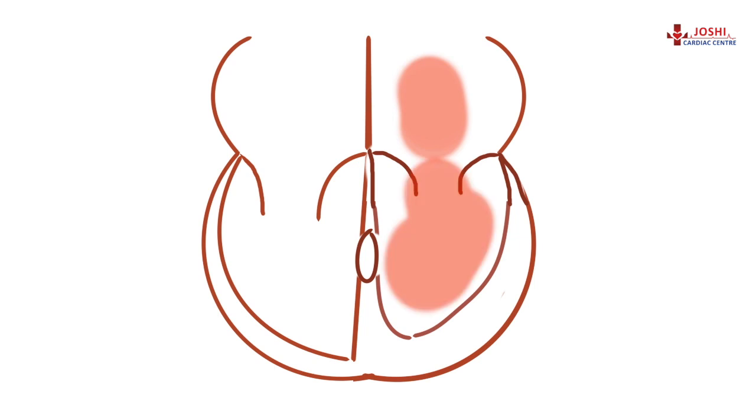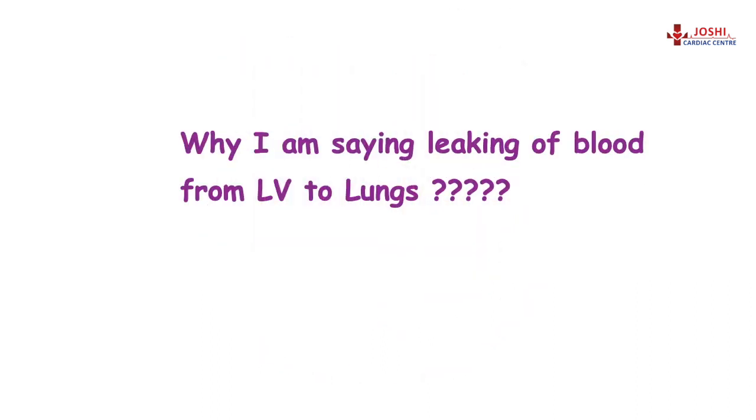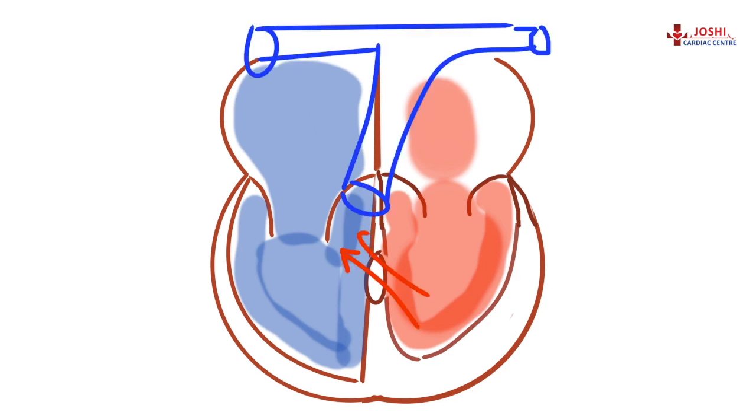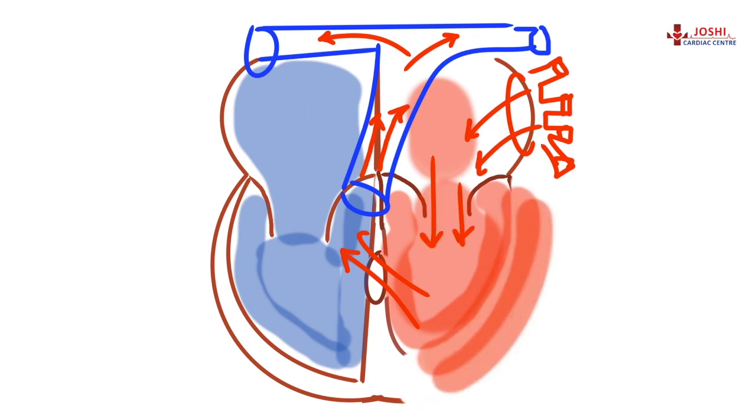As told before, the left side of the heart has all pure blood and LV has 4 times the pressure as compared to RV. So VSD leads to constant leaking of blood from LV to lungs. Let us understand here why I am saying LV to lungs and not LV to RV. As both the ventricles are contracting at the same time, blood leaking from LV enters the lungs directly and RV only acts as a conduit. This extra blood entering the lungs actually returns back to the left side of the heart, leading to swelling of the left-sided chambers of the heart.